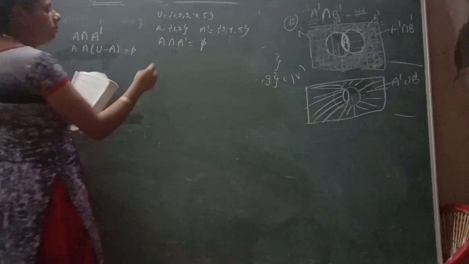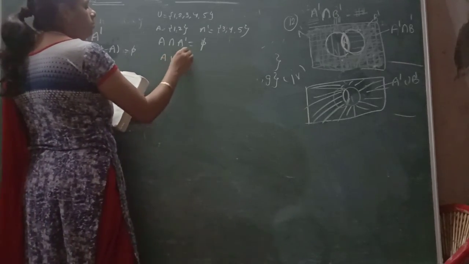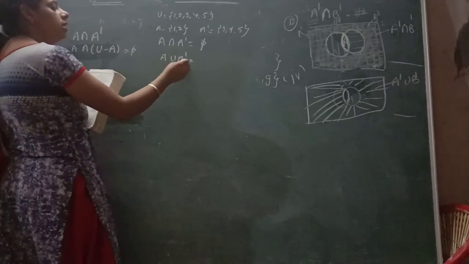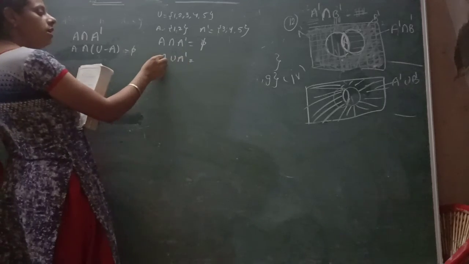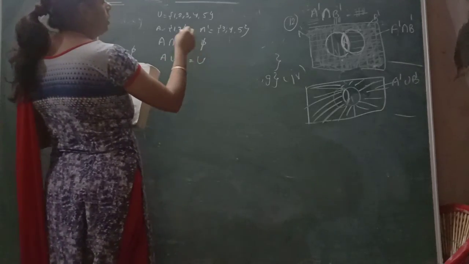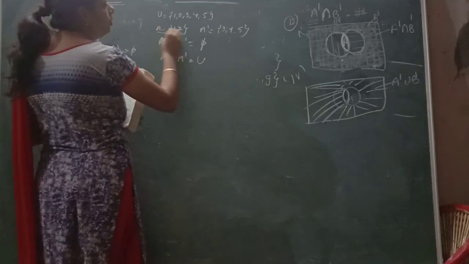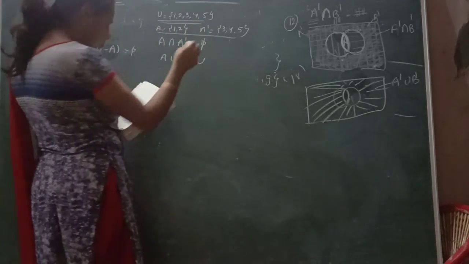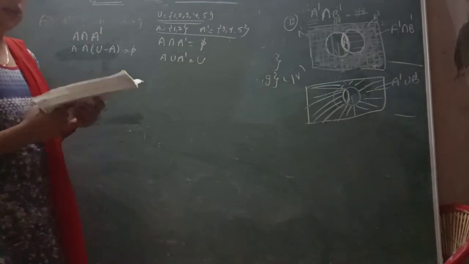Okay. And what about A union A complement? इसमें A नहीं था, इसमें A नहीं था, इसमें A आ गया, इसमें U भी आ गया. तो अगर A और A कॉम्प्लीमेंट को मिला दो तो you will get the whole union. So universal set is the answer. In this way you can give any answer.